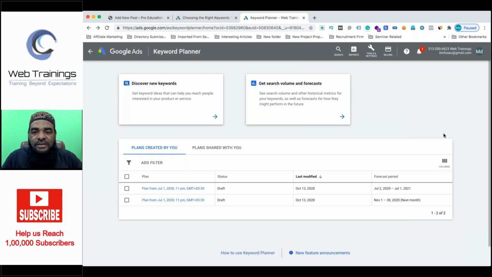So the basic idea here: I will generally be using the Google Keyword Planner tool, which you can just Google search and you will get this particular tool. After logging into this tool, you will be able to see this particular screen. Now I'm using an account where I am also doing advertising, so I will be able to see the exact volumes. But when you do it, if you don't have a paid account on Google Ads and you're not doing advertising, you may not be able to see the exact volume. That will be the difference. But apart from it, you can find the keyword data from the Keyword Planner tool.